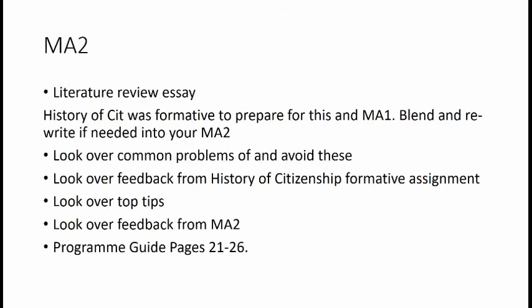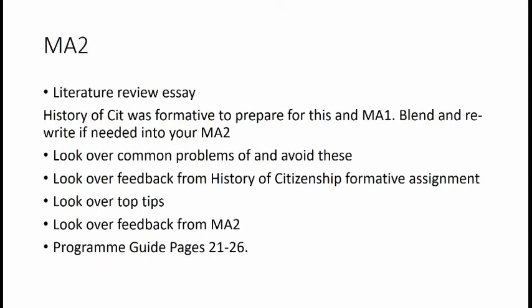So the MA2 is a literature review essay, as I said before. If you recall your history of citizenship education assignment that you did at the very beginning of the course, made up of 1,000 words, that was a formative assignment that helps you to draw together your ideas of citizenship education, which I needed to assess at that point in the course to make sure that you knew what you were doing and writing about, and you knew about the literature available to you. And that assignment indeed helped for your MA1 and the drawing of theory and literature related to MA1. But now, in particular, the history of citizenship is particularly relevant to part of the assessment criteria for MA2. And you're by all means welcome to keep it as it is, expand and develop upon it, or by all means you can chop and change it and move it around the rest of your